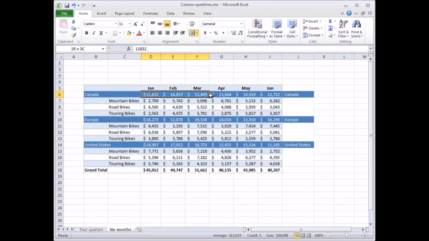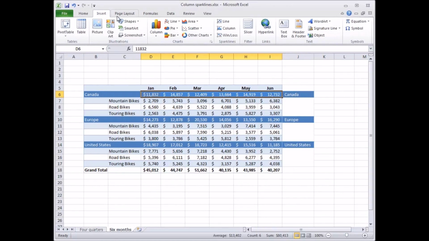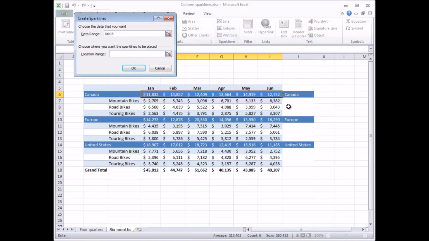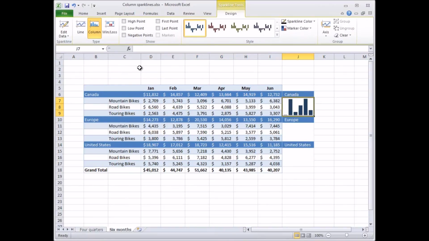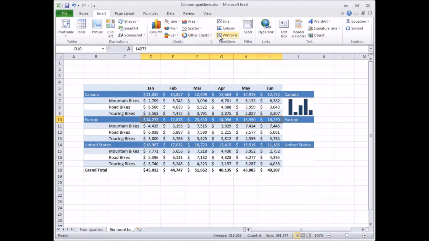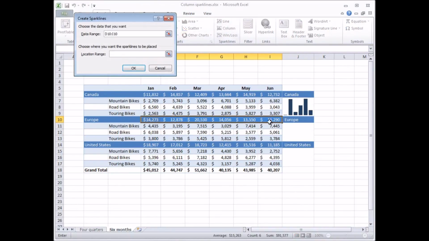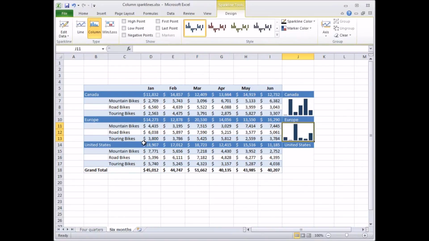First, I'll select the data for Canada, then on the Insert tab, in the Sparklines group, I'll click Column. Then I'll click here where I want the sparkline to be placed and click OK. And there's my column sparkline. Now I'll do the same thing for Europe. Select the data, Insert, Column, click here where I want the sparkline to be, click OK,